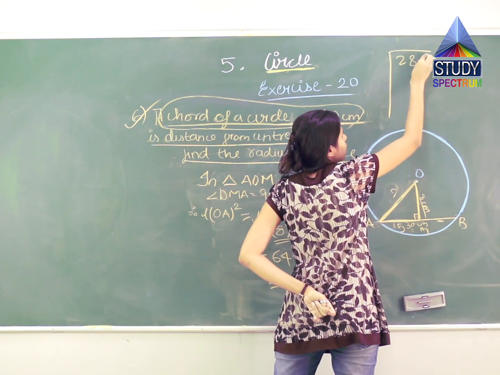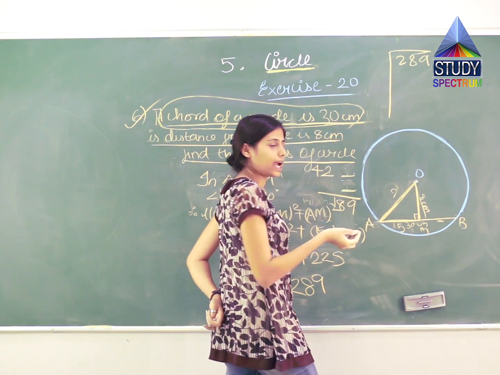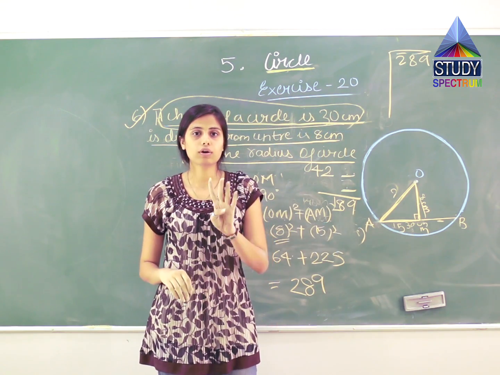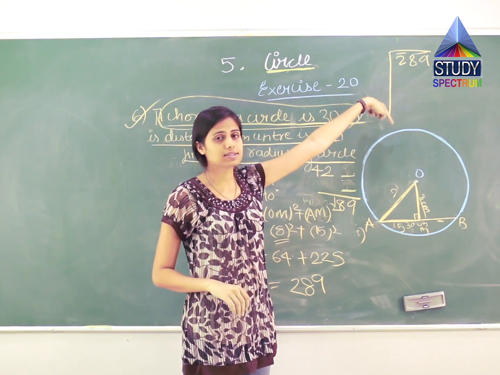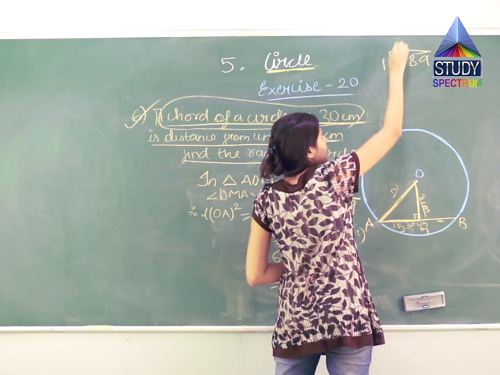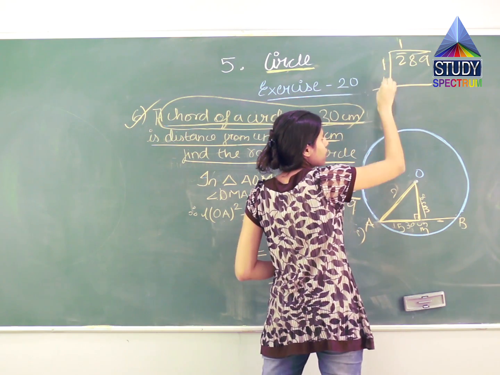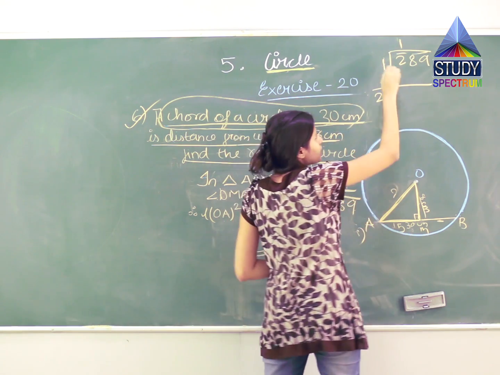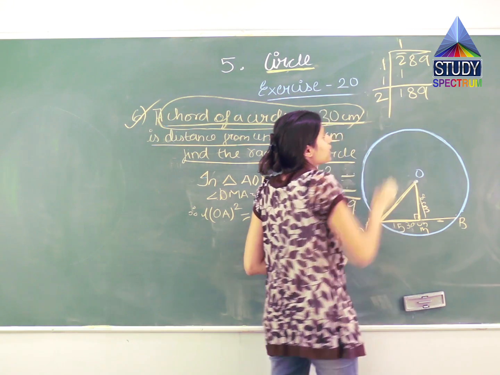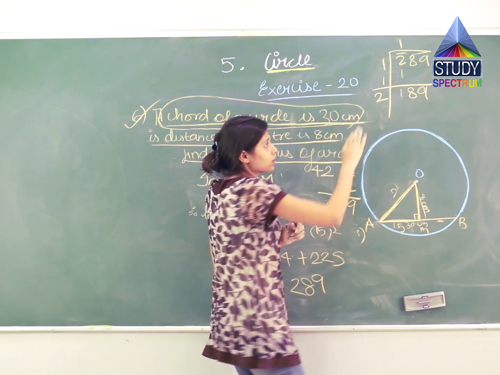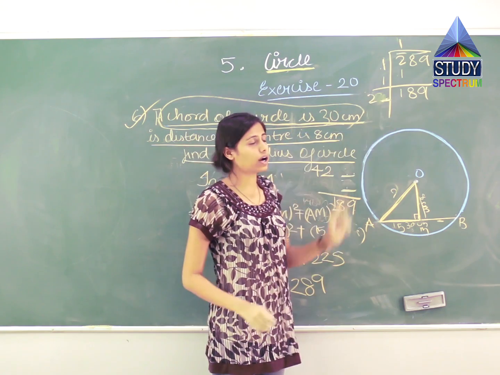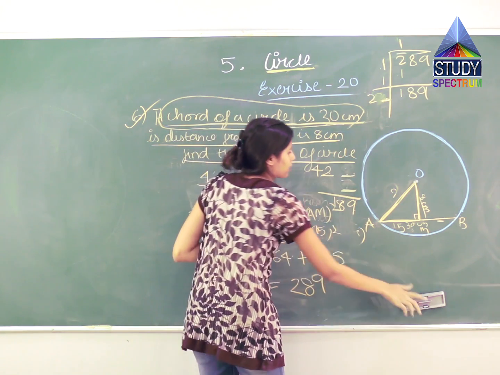I'll write 289 over here, forming pairs from the end. So 89 will form one pair and 2 will remain single. But 2 2s comes to 4, and 4 is greater than 2. The answer in the division form cannot be negative, so we will use 1. 1 plus 1 comes to 2, and 1 1s are 1. So 2 minus 1 is 1, and we get 189. Now I have to get a number such that this number multiplied by this number will give me 189.